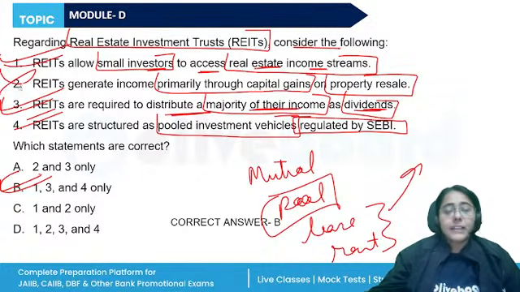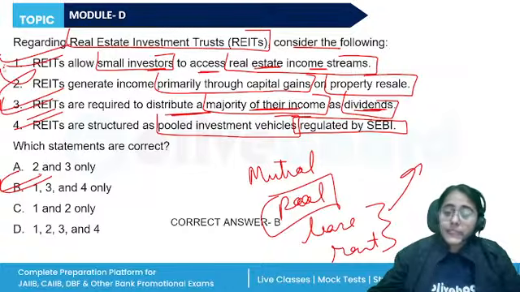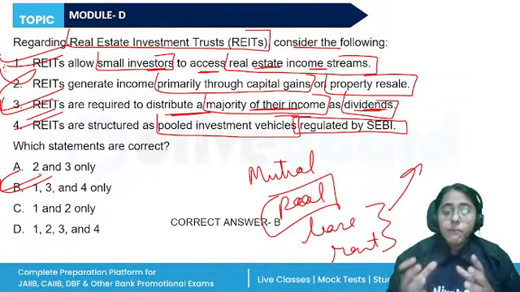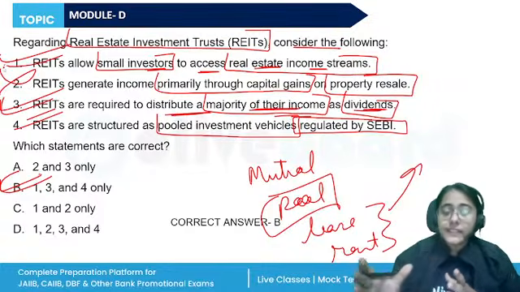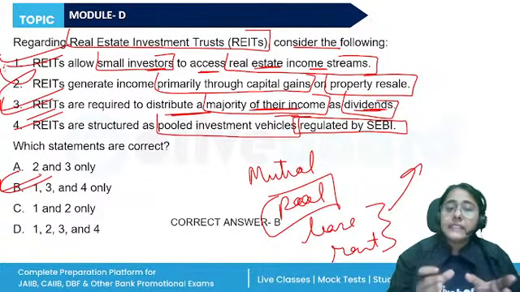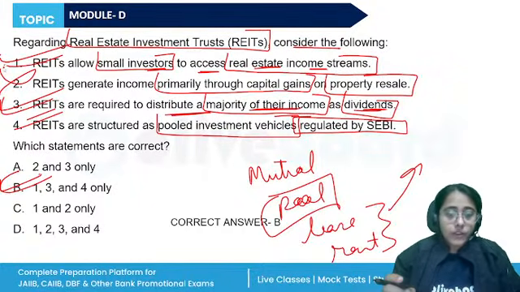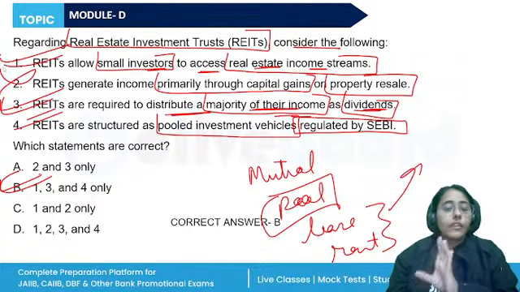Okay, the second statement is incorrect. Property resale is not done. They manage the estate portfolios, mortgages, including leasing activities. They generate the rental income, and the income so earned is then distributed among the investors as dividend. All right. The organization that owns and operates the real estate, they generate a regular flow of income.